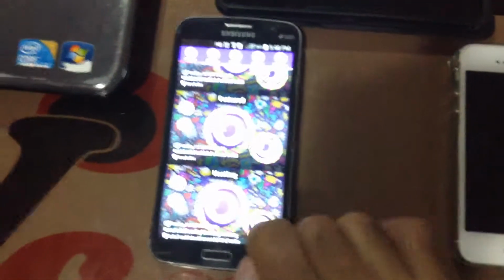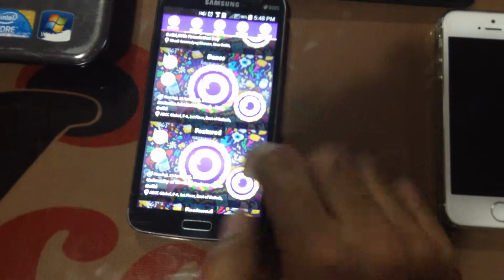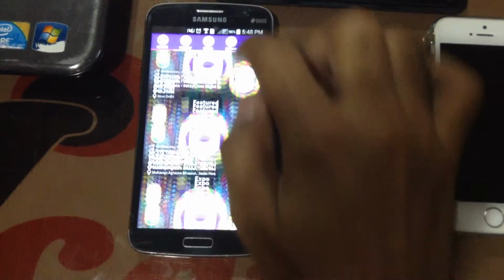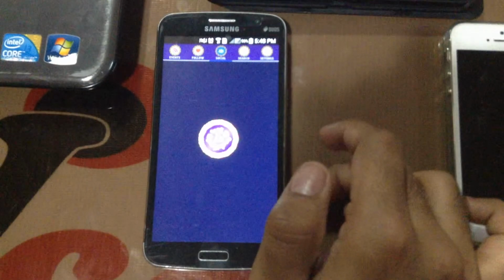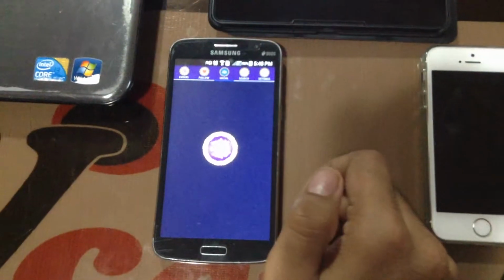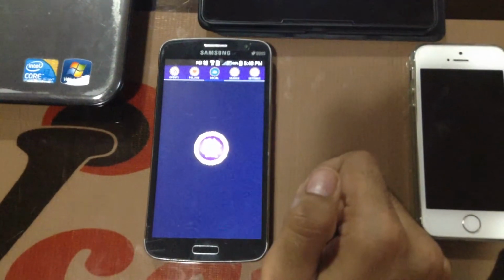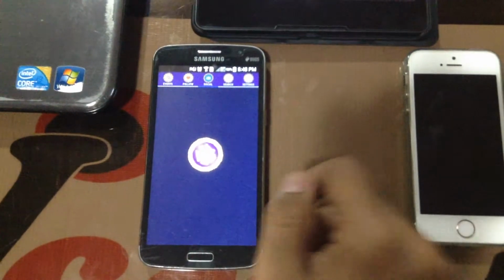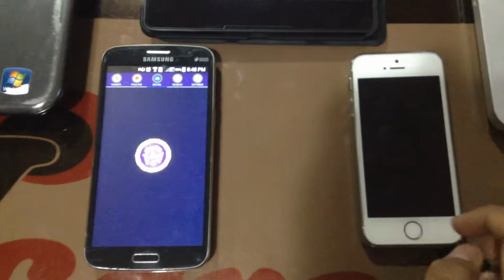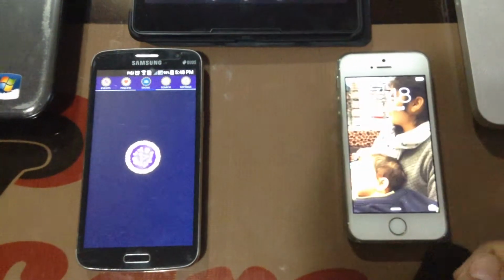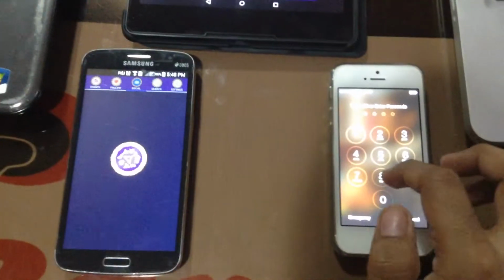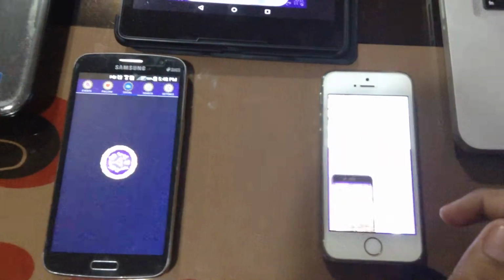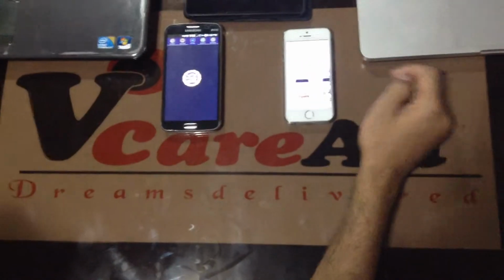So it shows how it is compatible with Android phones, and you can filter these events based on the different categories. In the social section, it is taking time to load. In the social section, you will be getting the list of all the people who are associated with the events. Now coming to the iPhone, we have an iPhone version for the same.